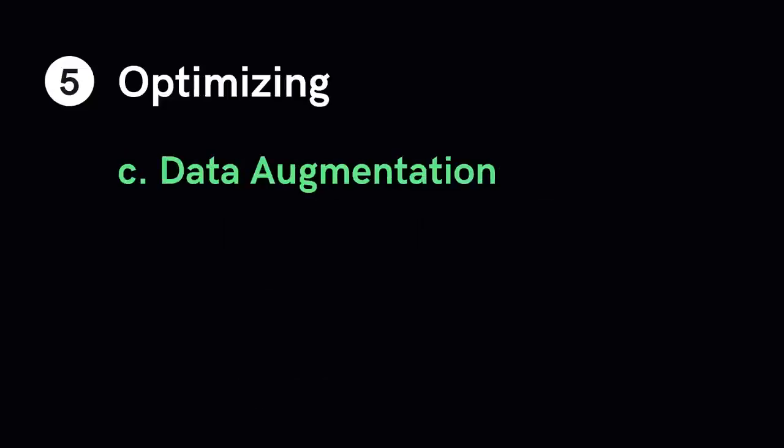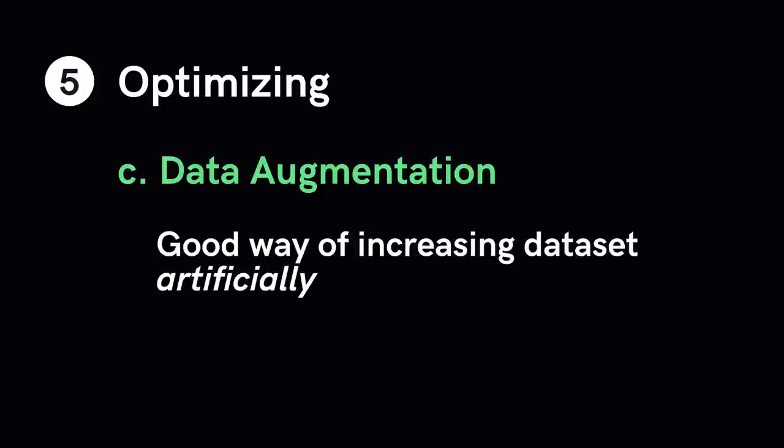Another way of reducing overfitting is by augmenting data. For a model to perform well or satisfactorily, we need to have a lot of data. We've established this already. But typically, if you're working with images, there's always a chance that your model won't perform as well as you'd like it to, no matter how much data you have. In cases like this, when you have limited datasets, data augmentation is a good way of increasing your dataset without really increasing it. We artificially augment our data, or in this case images, so that we get more data from already existing data.